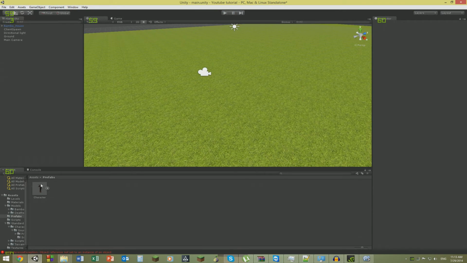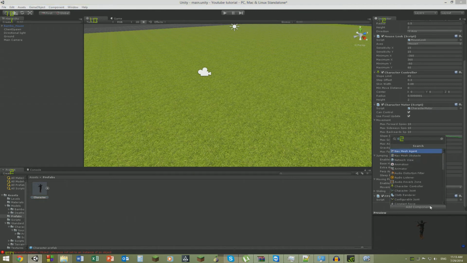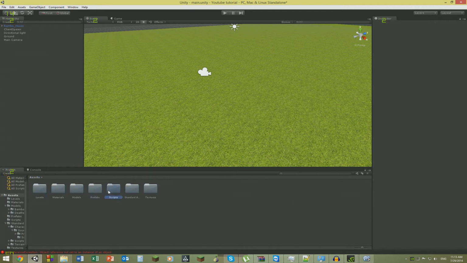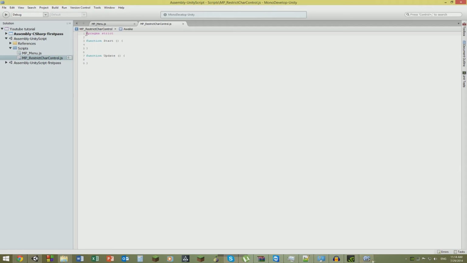So to do this, we're about putting a network view, and it's in transform, and another thing is this, and another script, restrict character control script, and inside of it we will do function awake, if not network view dot is mine,